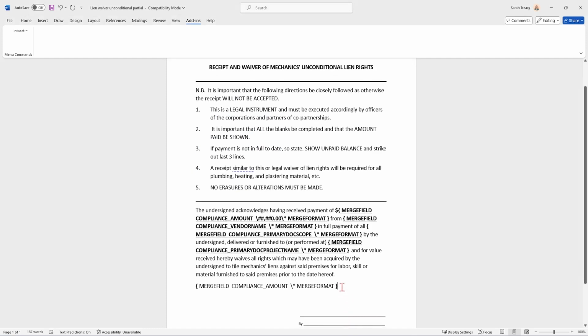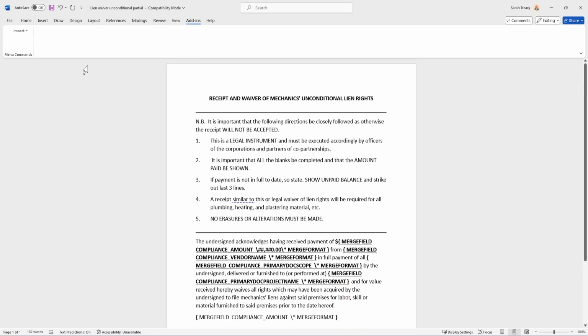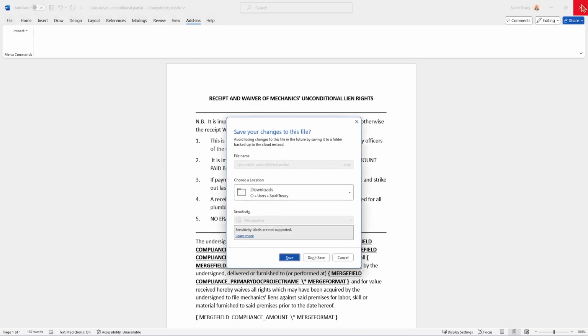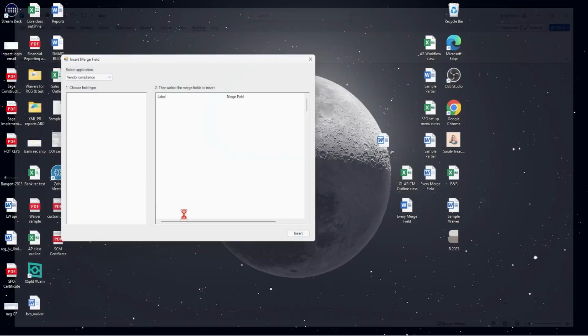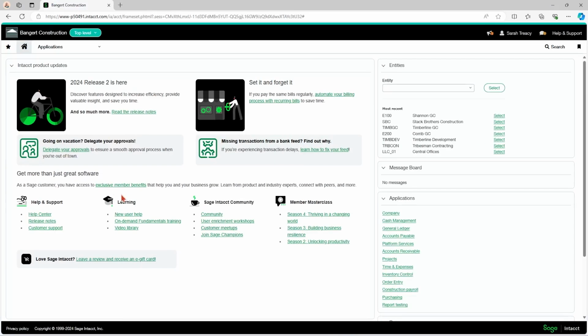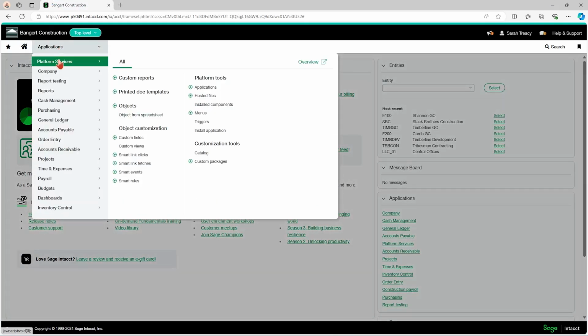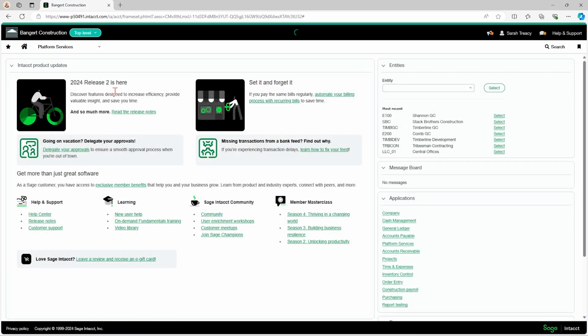Okay. So once you have your document template looking like you want it to look, pulling in the merge fields that you want to pull in, and this will take a little bit of playing with and it's going to take a bit of time. But once you have it looking however you want it to look, you'll save it. So save it as .doc. And then in the system, well, I'm not going to save it because I already have one in, but back in our system then, we'll go to our platform services, into our printed document templates, and we'll add one in.